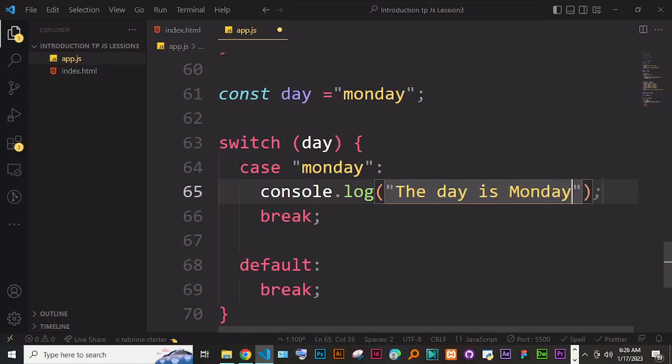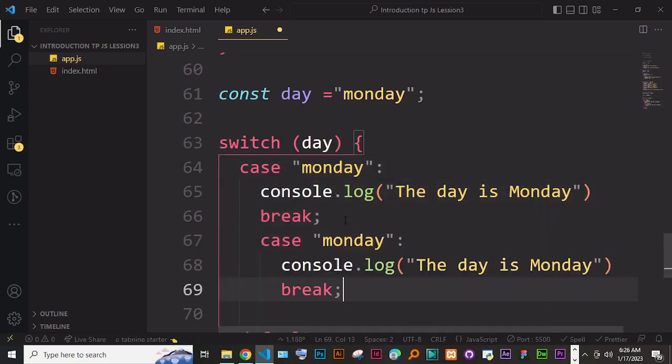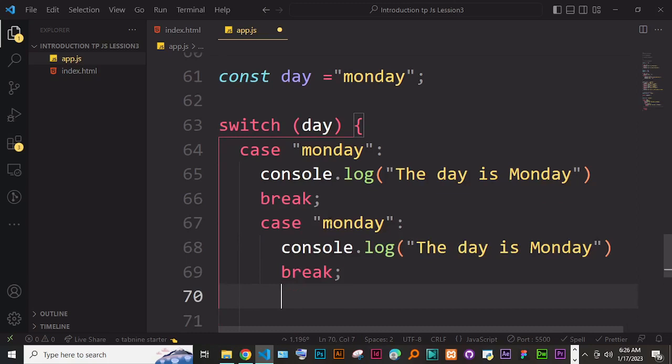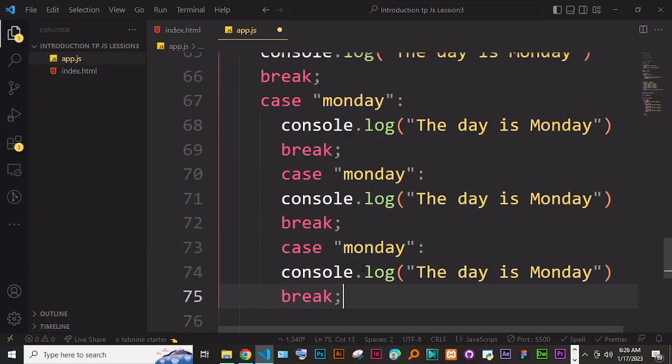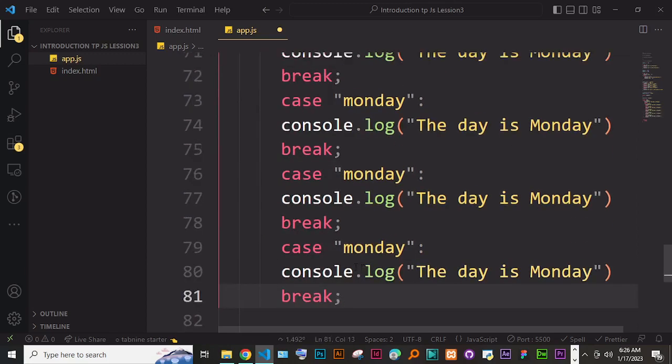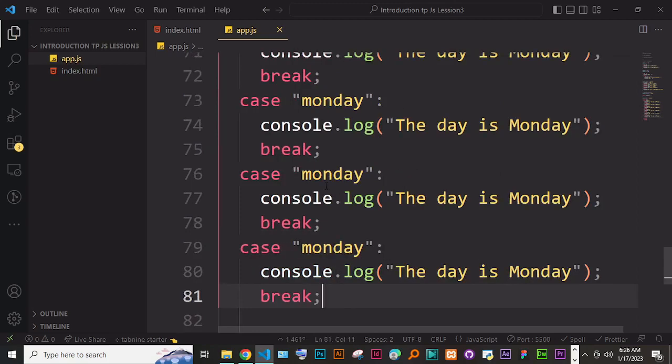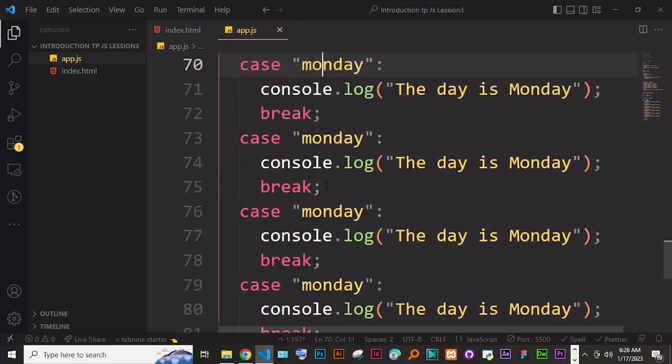Okay, if this is not true, you can write another case. So you can go ahead and write all the seven cases. Let me just write down some of the cases, like maybe 3 or 4. Okay, save this, and VS Code is going to help you